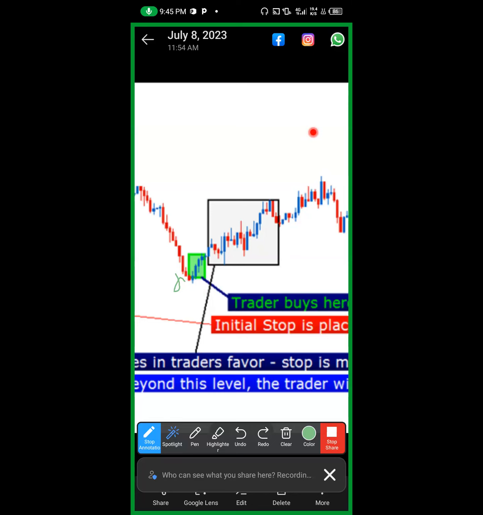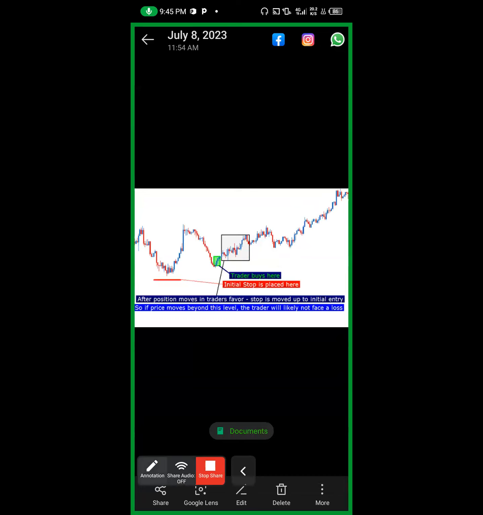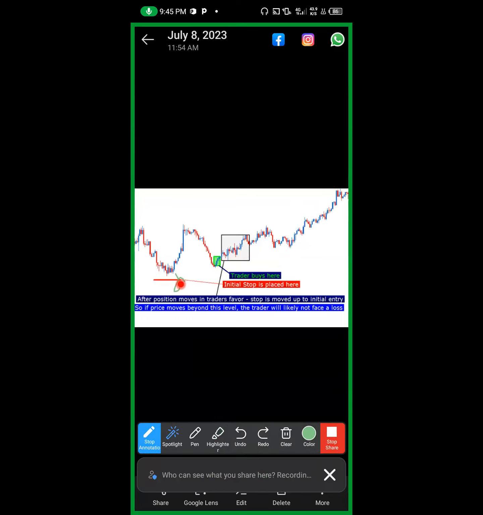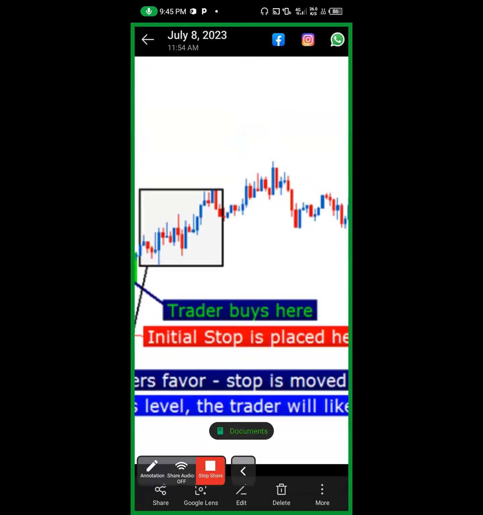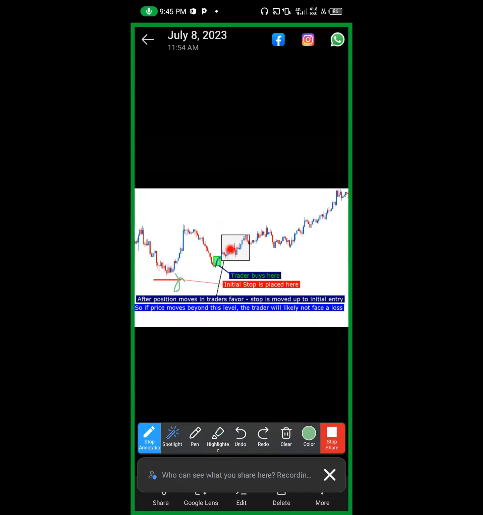So now look at this instruction. The stop loss is placed here. Look at the stop loss, this red. It's placed below where you entered from. This was where you entered from, so the stop loss is placed just below it. Read it now: the initial stop is placed here. Why? Because you're expecting that if the price comes down here, it should close the trade at a